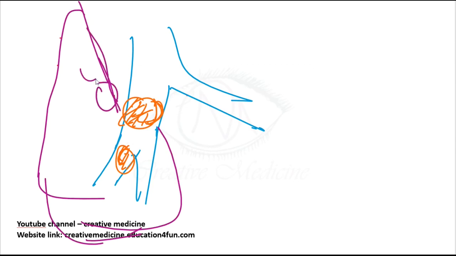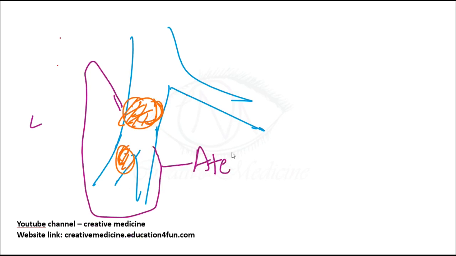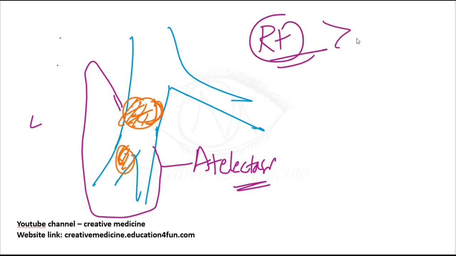The air present in the alveoli will be absorbed into the systemic circulation. Once the air is absorbed, this big lung now becomes atelectatic, because the whole air is absorbed. As a result the lung becomes smaller, and this process is called atelectasis, which is resorption atelectasis, occurring secondary to the obstruction of the bronchus. This obstruction is most common in the right bronchus than the left, because the right bronchus is shorter, wider and straighter.